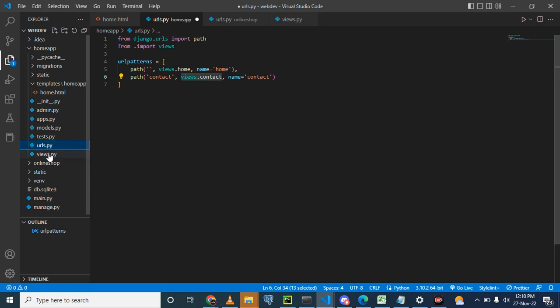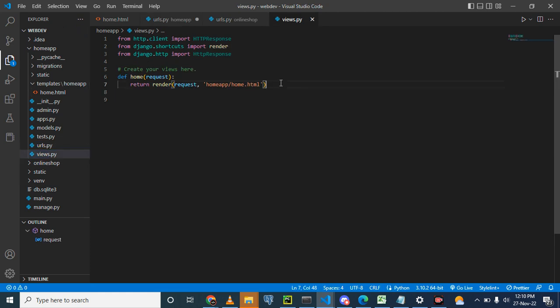Here we open the views, and we define another view. So define, this is like defining a function in Python programming. You just define contact like that, and you request,